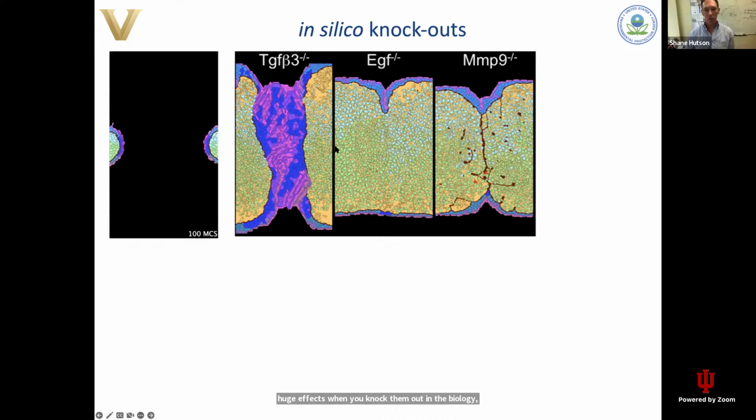And then there's others that affect the disintegration of the seam. So if you knock out TGF beta, you get this really robust seam that just never goes away, and that prevents the shelves from fusing. If you knock out EGF, you don't really see much of anything. It still occurs and still fuses. And if you knock out a matrix metalloproteinase, MMP9 in this case, then the basement membrane is too stable and